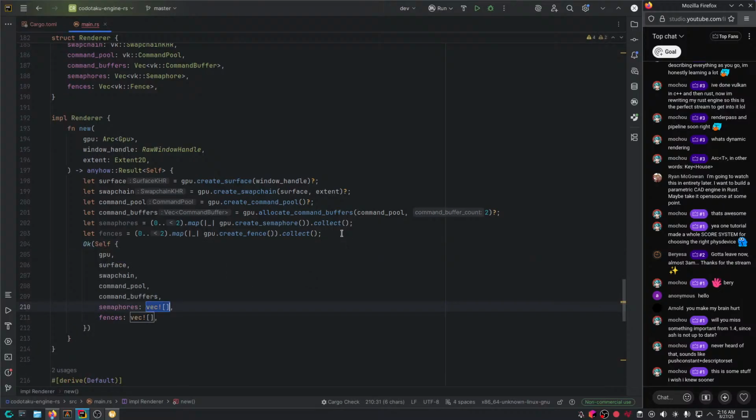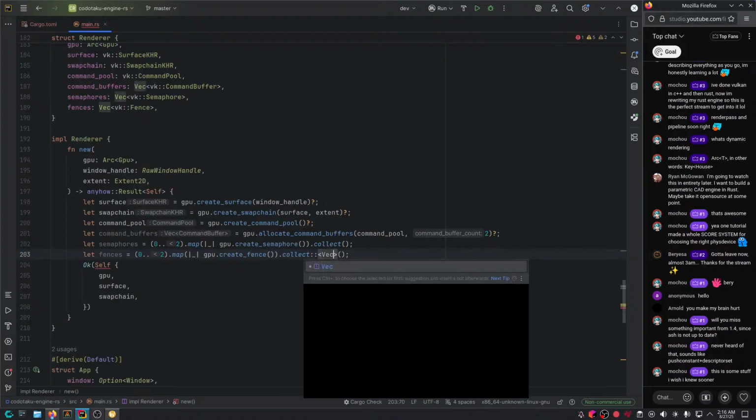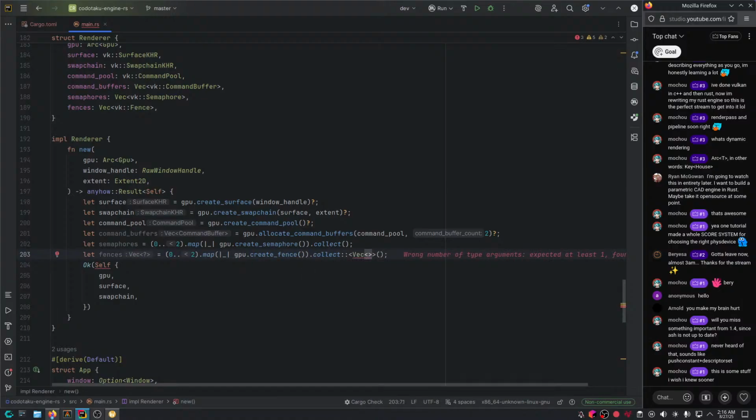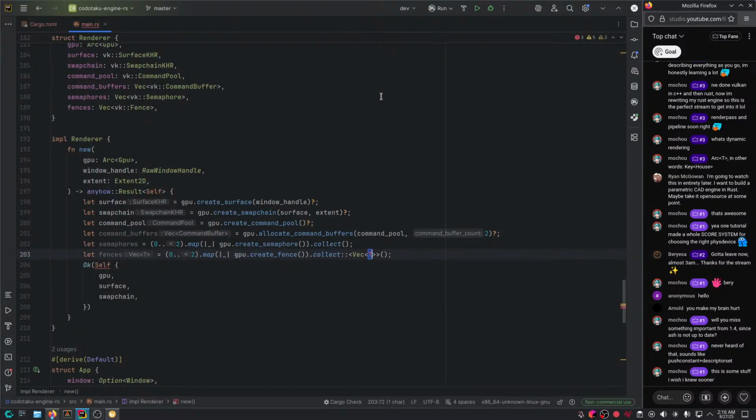Now, can we just add the missing fields? Well, I see what's happening there. We need to make sure to tell it what to collect into, and we basically want to collect it into a vector. How are we going to do that? I believe like this. No? Huh.